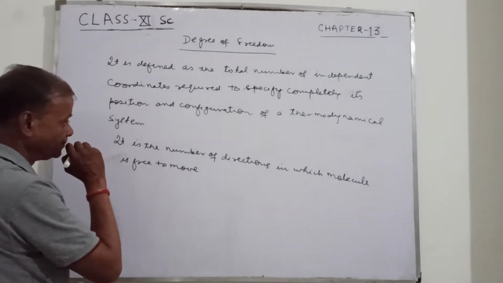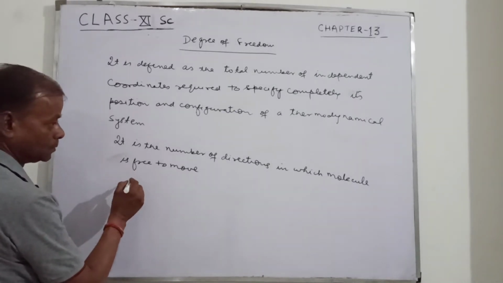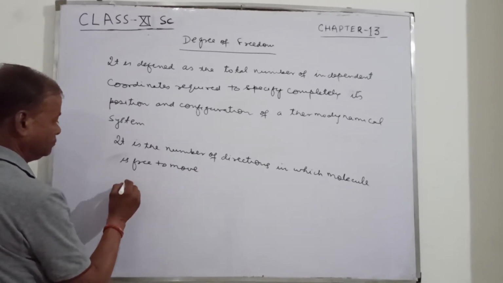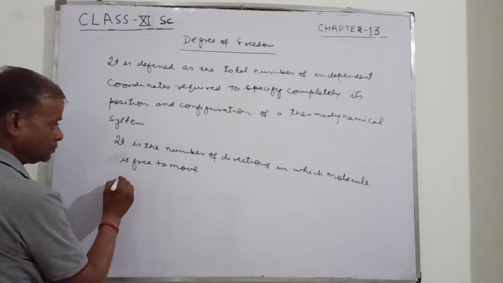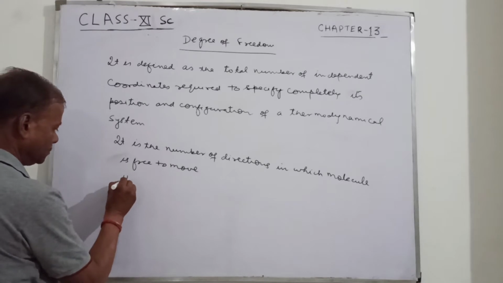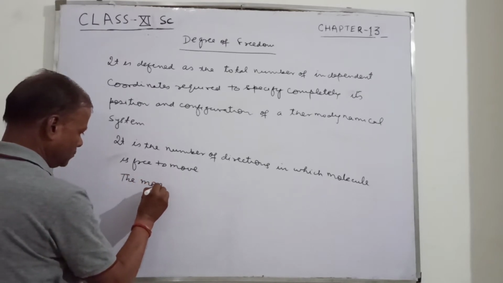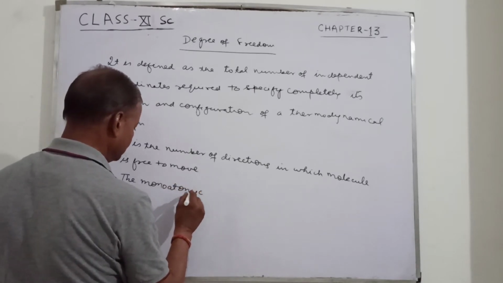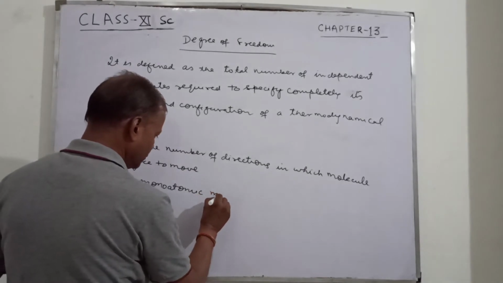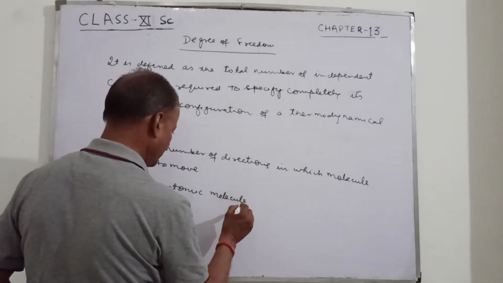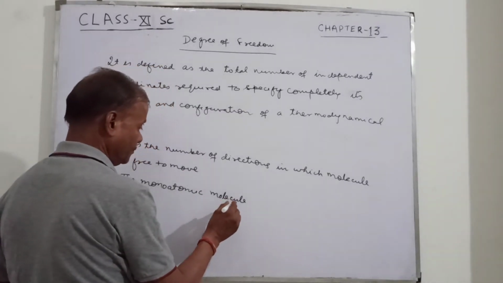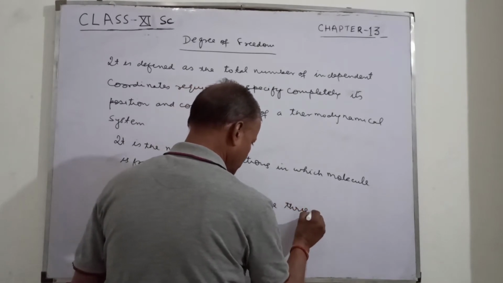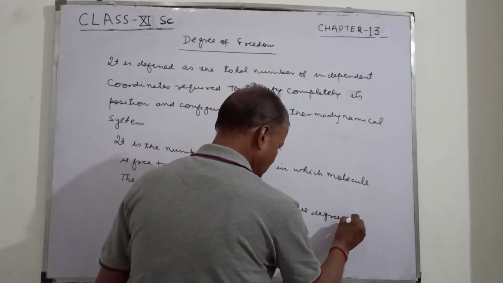So the monatomic molecule has three degrees of freedom,